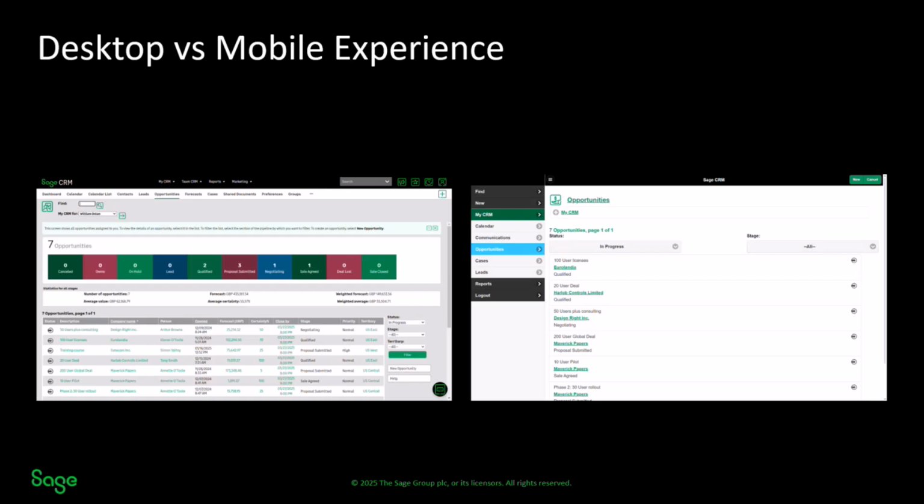And we've got the option when we're working with Sage CRM to decide if we've got a tablet, for example, are we going to work with the desktop environment or are we going to work with the mobile environment? And we're going to be concentrating here on the mobile experience that is looking at this main mobile theme. Now, in terms of development and testing,